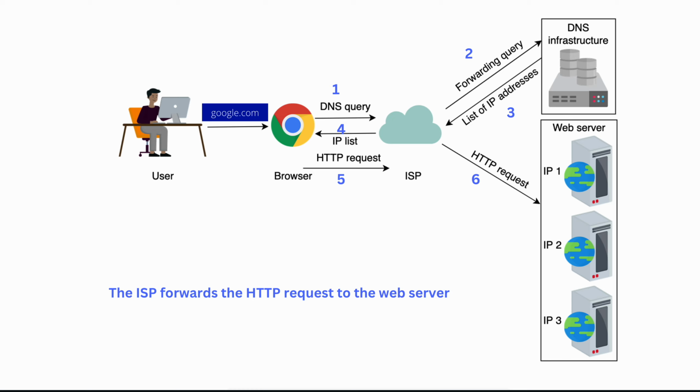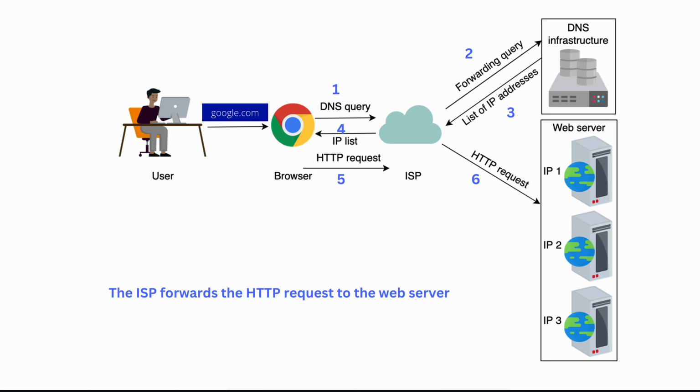So if you are browsing the website through Airtel internet, there is a possibility that when you type google.com, the corresponding IP address may be found in the ISP as well. If it finds it in the ISP, it will return it to the browser. If not found,